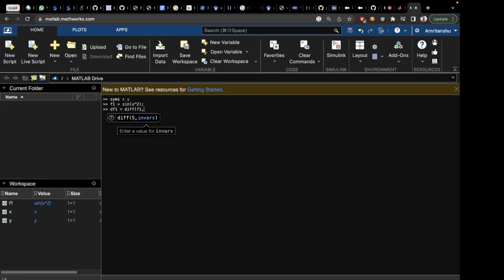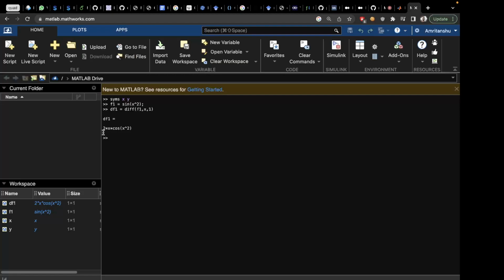Second argument would be the variable with respect to which we want to differentiate. Here there is only one variable, so x, and third would be the order of differentiation. So let's find the first order differentiation,